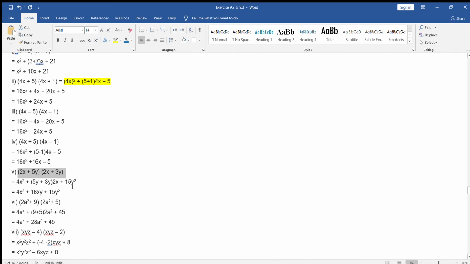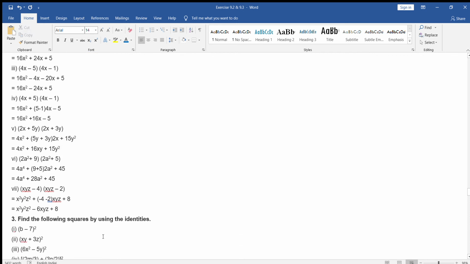So what we have done, just see here, x square, a plus b means 5y and 3y, into x, that is 2x. Be careful because you are in the habit of writing x. It is 2x, whatever is given in the question, and a into b. Be careful, it is not b square, it is a into b. So this is our answer. So in that way we can find out our result.